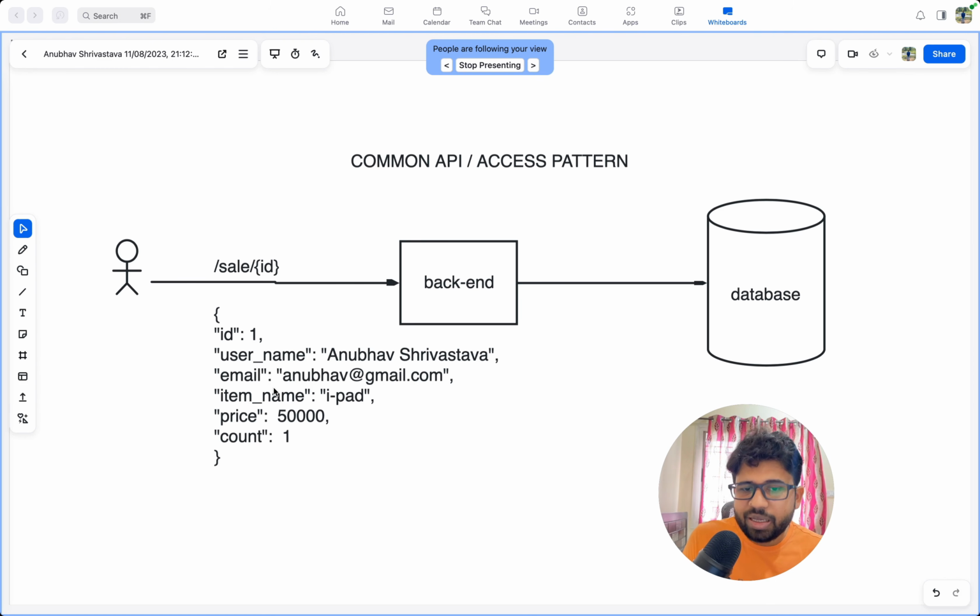I want to make an API call, get the data. The response body could be even better, but that's not the point. Imagine that you just want to get a response with a bunch of things. You make an API call, and this will be the ID of the sale. The request will go to the backend, and the backend server, of course, is a stateless service. It does not contain any data, so it will make a call to the database and get the data and give it to you. Now we'll talk about the problem statement,